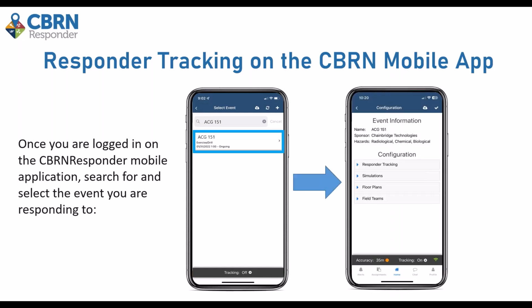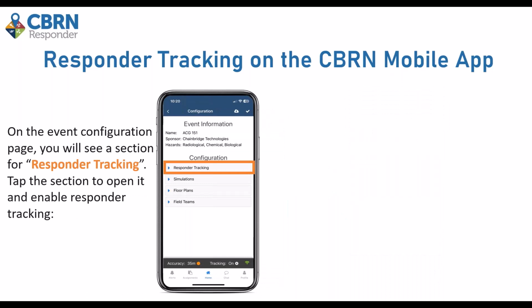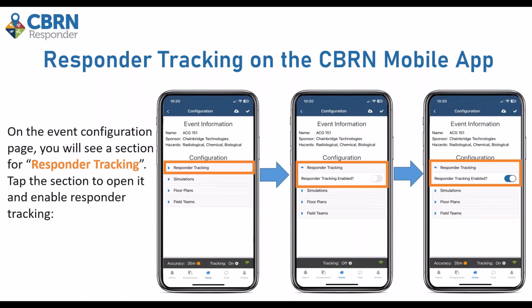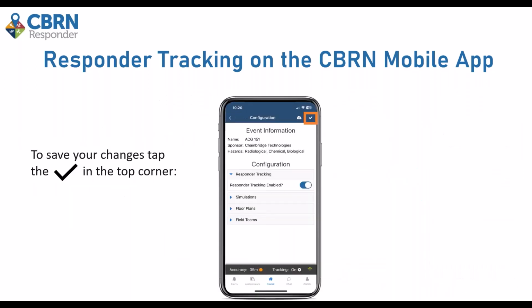The first time you open any event in the app, you're brought to the configuration page. This page just gives you different set options that you can customize. So there will be a responder tracking section, again, if the event has it enabled. And if you tap that open, you'll see a responder tracking enabled field that you can choose to disable or enable by toggling on. To save the changes, make sure you tap the check mark icon in the top right